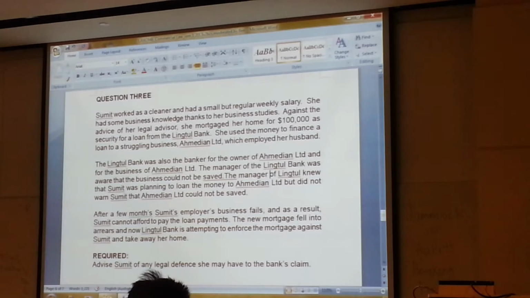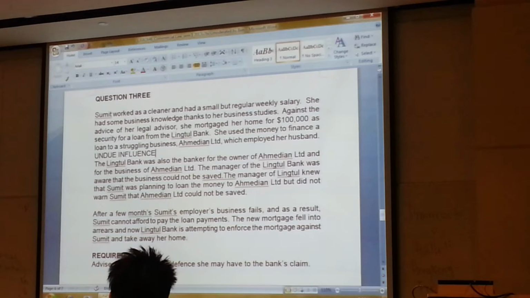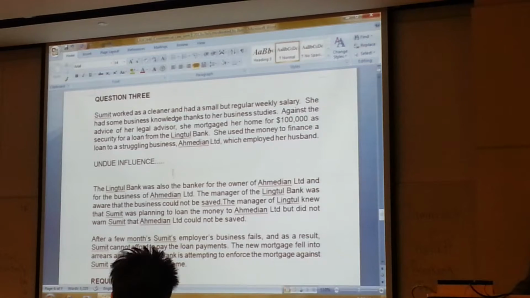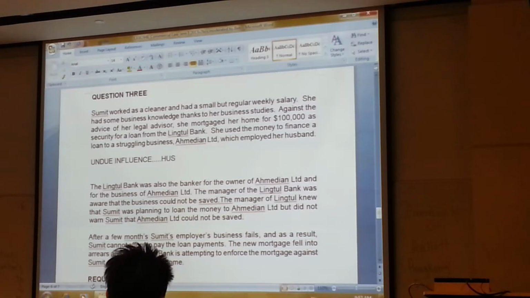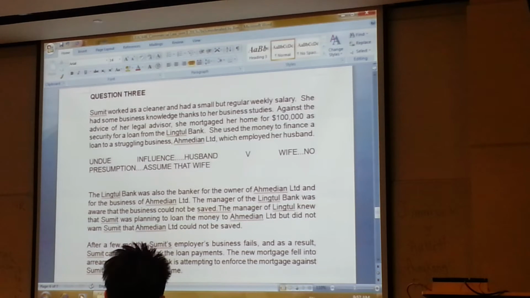What area of law is this? Now, there are a number of possibilities here, class. The first one here, you will notice, is the possible undue influence. Now here, when you discuss undue influence, class, basically you're looking at the position of the husband and wife. Right? Husband here and wife. Now there's no presumption here. The law does not presume that one party is the weaker or the wife. No presumption. But then if you look at the wife here, assume that wife places